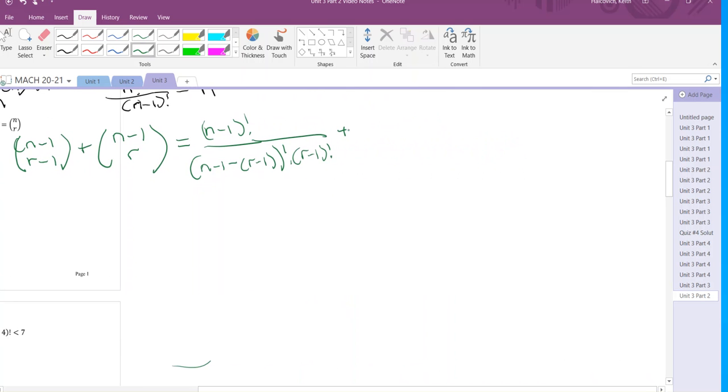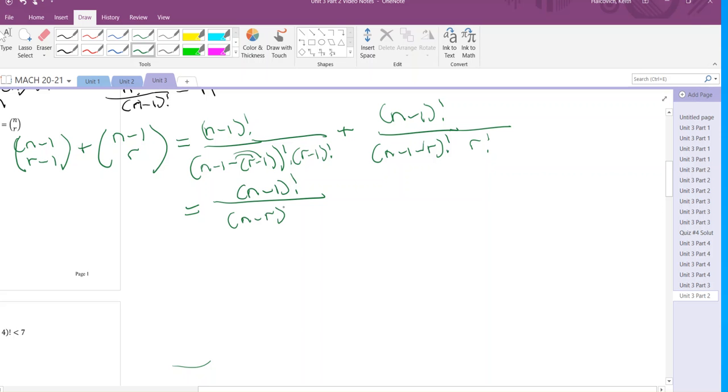All right, so then plus, and then we have n minus 1 factorial over n minus 1 minus r factorial, r factorial. So simplifying here, you get n minus 1 factorial over n minus 1 minus, so it's minus r, and then plus 1. So the 1's cancel out, so you have n minus r factorial times r minus 1 factorial plus n minus 1 factorial, and I'm just going to rearrange here, n minus r minus 1